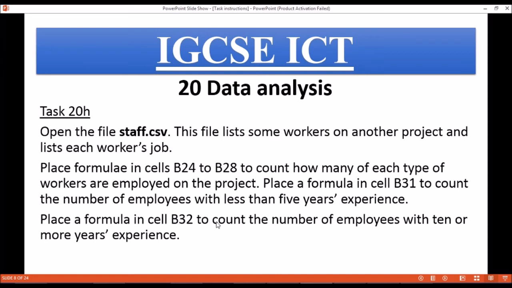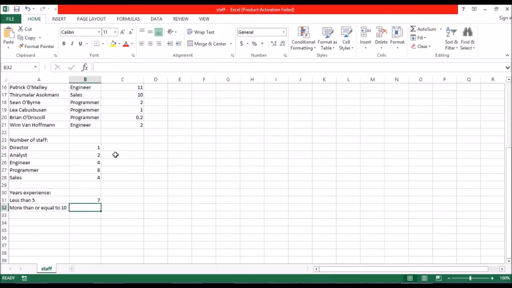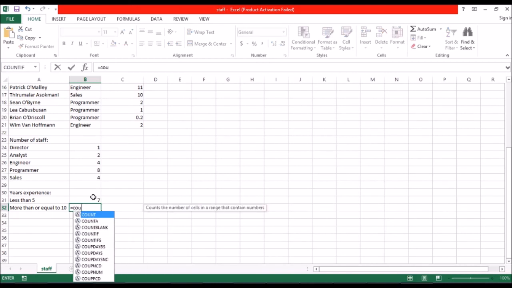The next instruction: place a formula in B32 to count the number of employees with 10 or more years experience. So it should be greater than or equal to 10. That is the criterion we are going to use. So we approach it the same way, and we just use the same COUNTIF